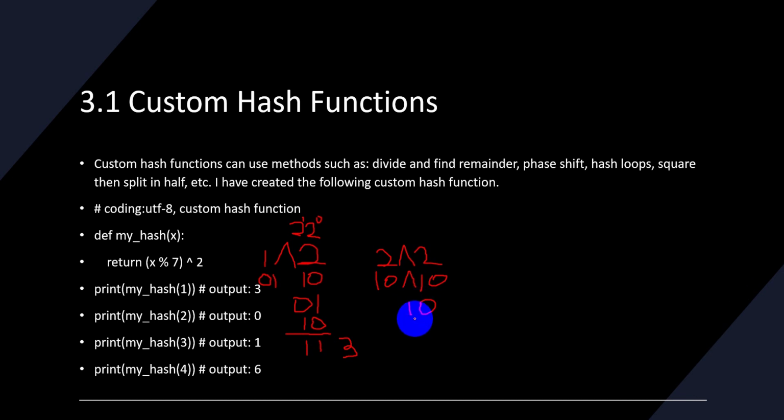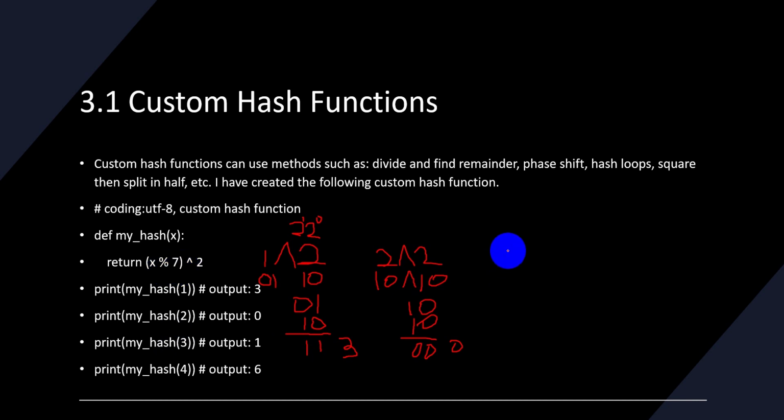And then we stack them again. But this time they're the same, so we do 0, 0. And then this 0, 0 back into decimal would equal 0. So this output is 0. And then for 3